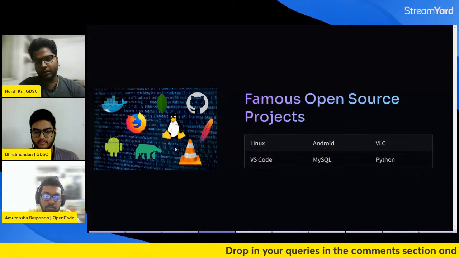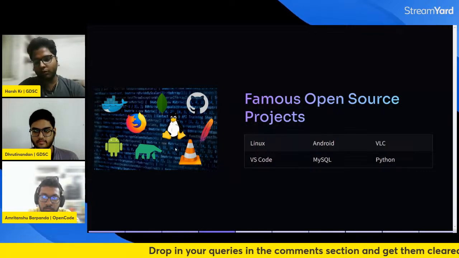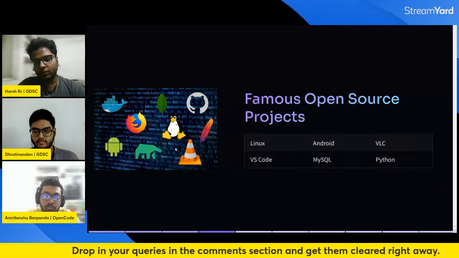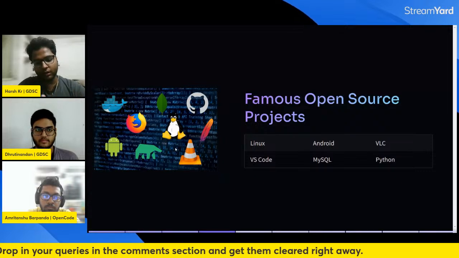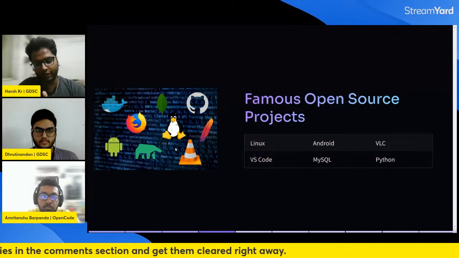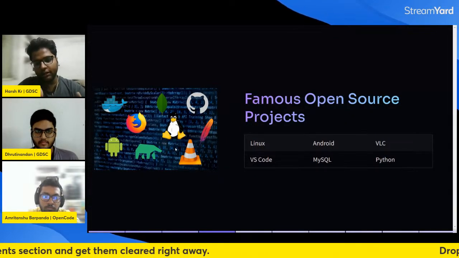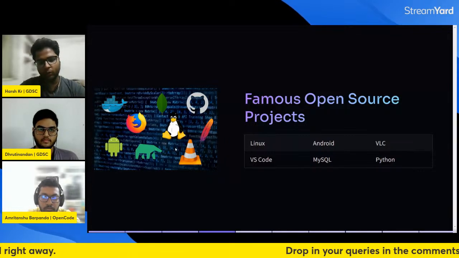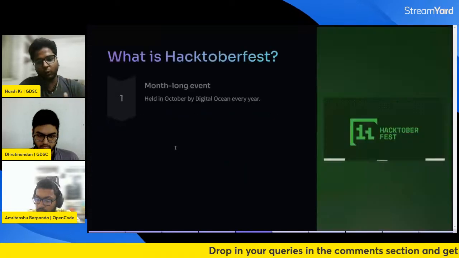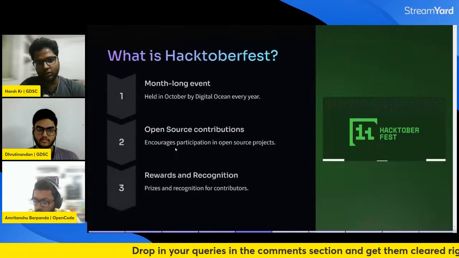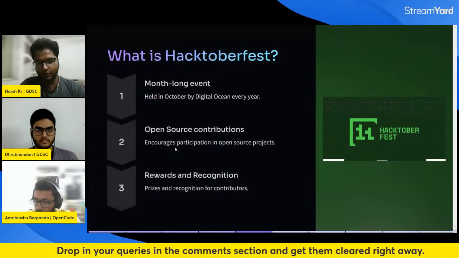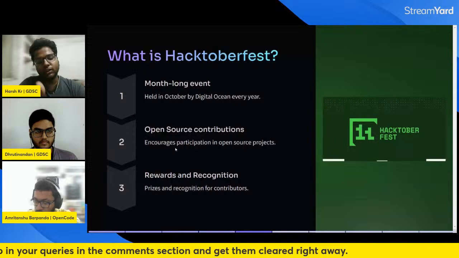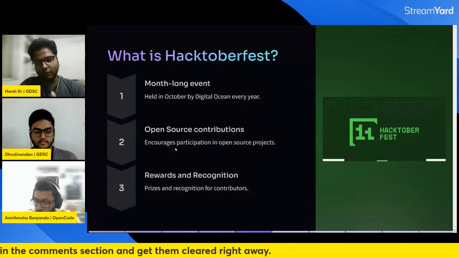So what if you want to start open source? There are many ways you can use GitHub to get into it. But there's something really nice going on this month. It is called Hacktoberfest. It's a month-long event conducted by Digital Ocean every year. It happens every year, and it's happening this year also. You can contribute in it. So basically, what happens here is